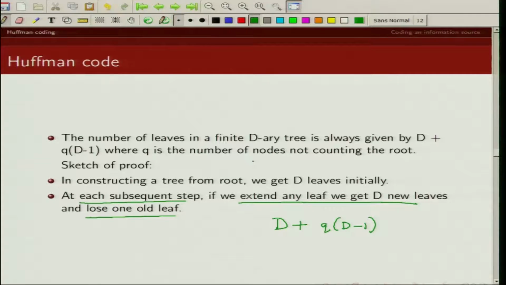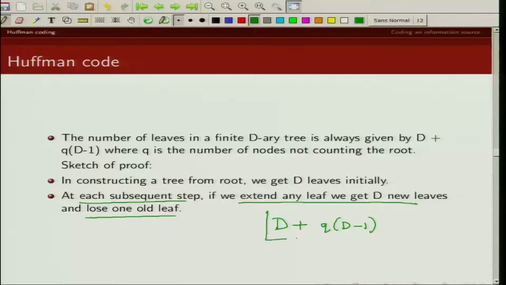So effectively we are adding D minus 1 new leaves. So this is the total number of leaves that we can have in a D-ary tree.